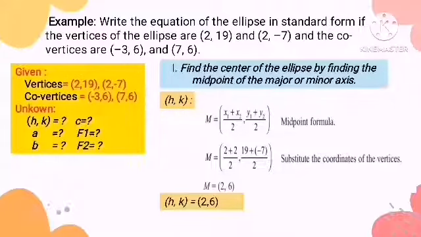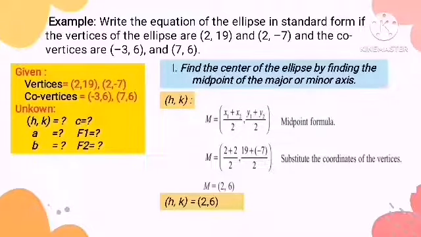So, first, let's find out the center or the h, k. To find h comma k, we will use the midpoint formula, which is m equals x1 plus x2 over 2, comma y1 plus y2 over 2. Based on the values of the vertices in the left side, we will use it to substitute